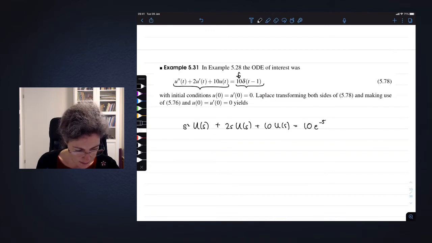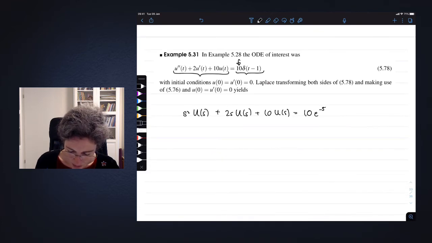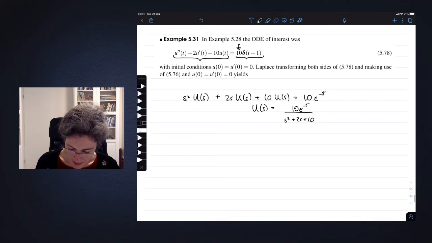You can check that. Solve this for big U of s to get 10 e to the minus s over s squared plus 2s plus 10, and do the usual either partial fractions or MATLAB, and that will give you u of t equal to 10 over 3